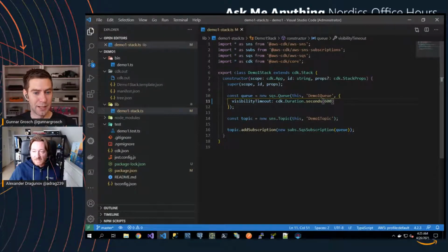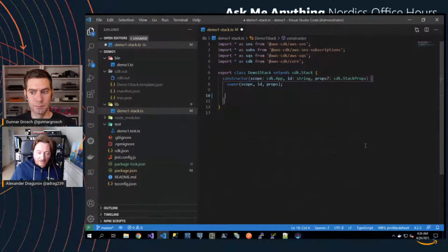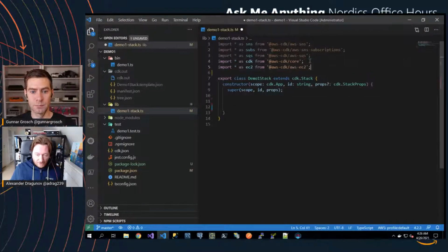So then, you talked about constructs. Yeah, so I want to show a few examples. There are 3 levels of constructs in CDK: level 1, level 2, and level 3. Level 1 constructs are just a one-to-one mapping between CloudFormation resources and CDK constructs. So they are just generated out of the CloudFormation specification. So for example, if we create a VPC,